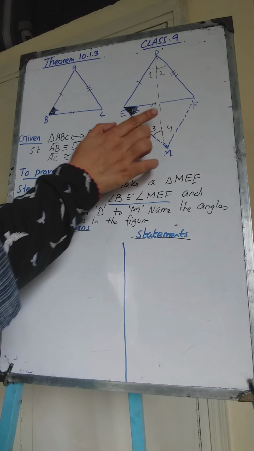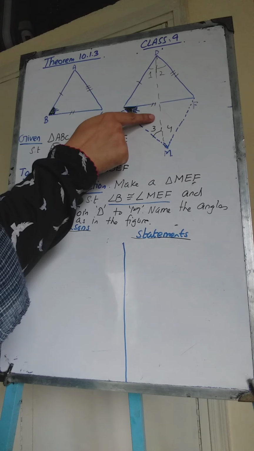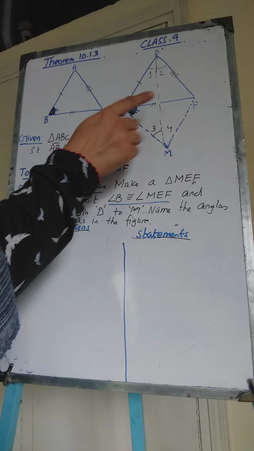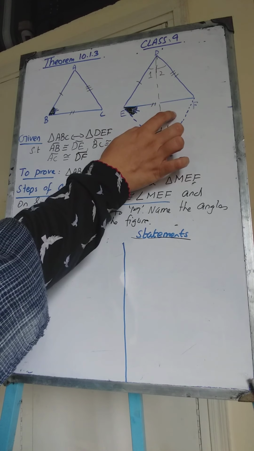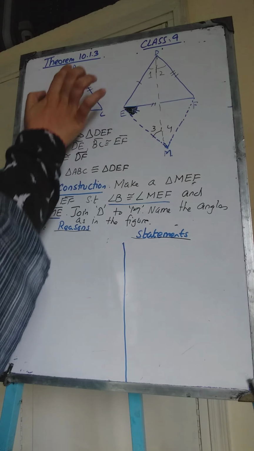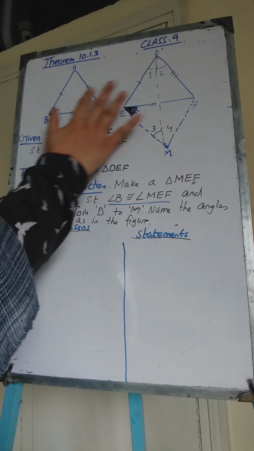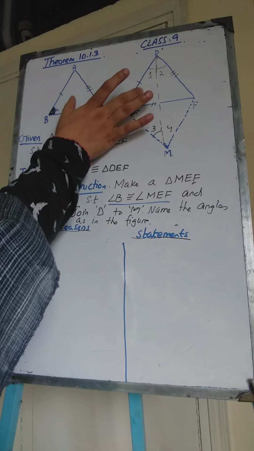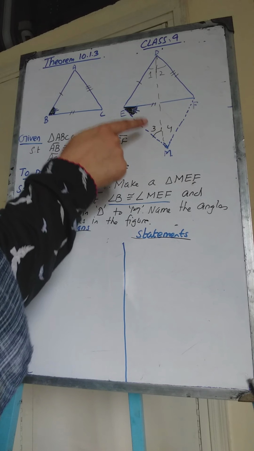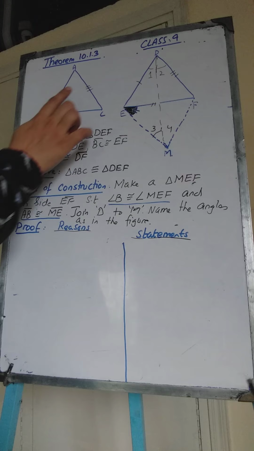triangles congruent, and then you will get enough material to prove these two triangles also congruent. Once this triangle is proved congruent to this triangle, then in the next step we are going to prove these two triangles congruent. As this triangle will be equal to triangle MEF and triangle ABC will also be equal to MEF, so this will give us the result that both the triangles are also congruent, because both will be equal to the same triangle. Both the triangles will be congruent to the same triangle, and this will give us the result that we desire. So first of all, what am I going to do?